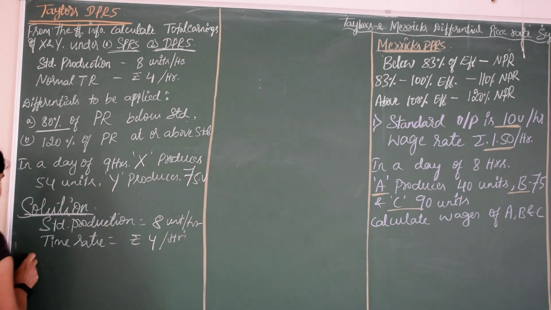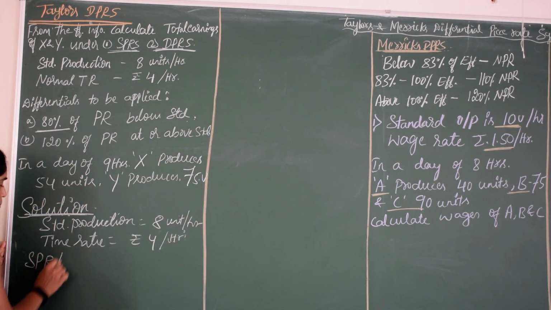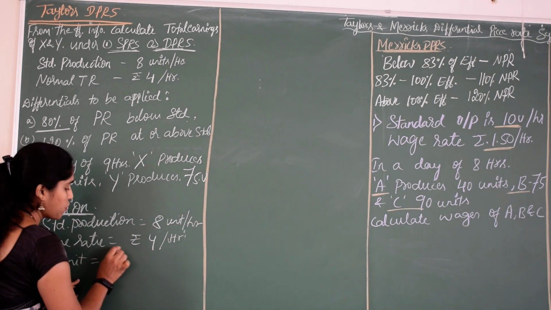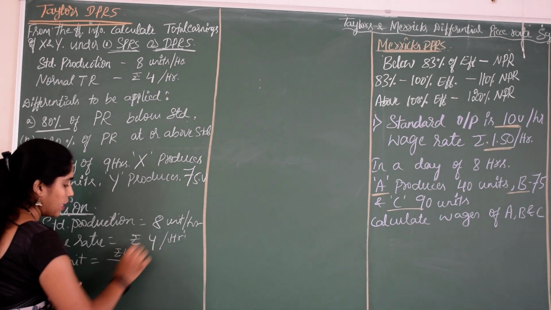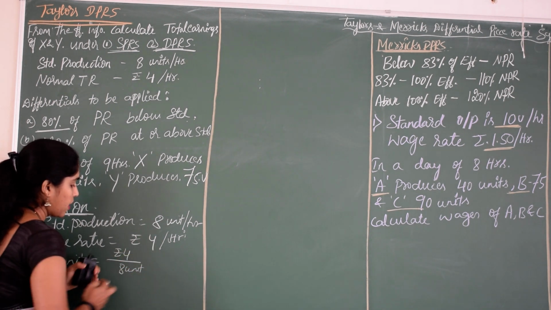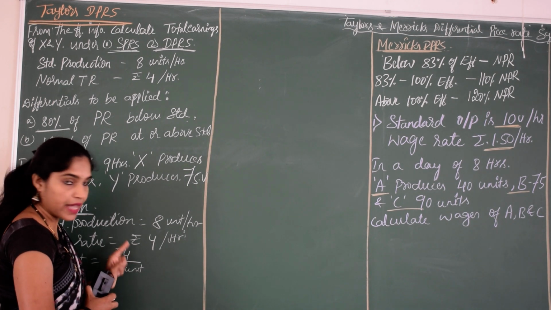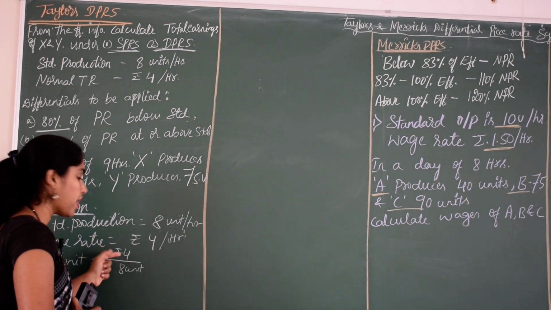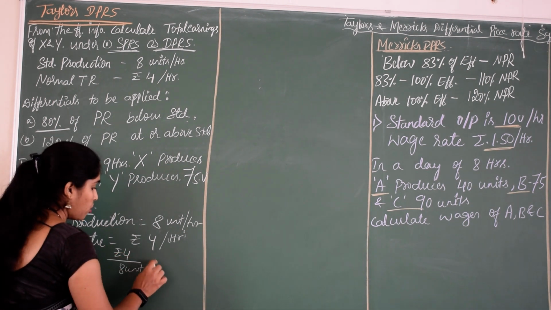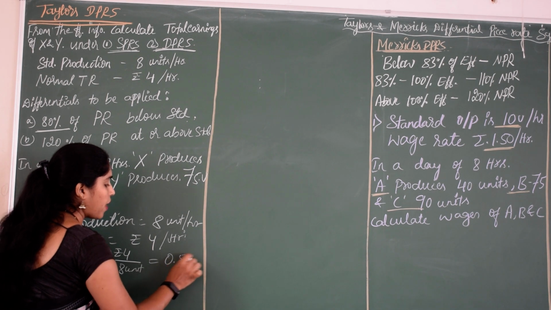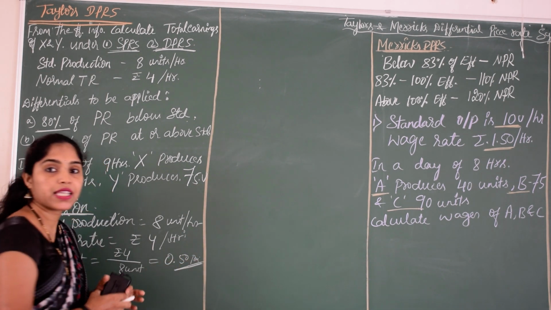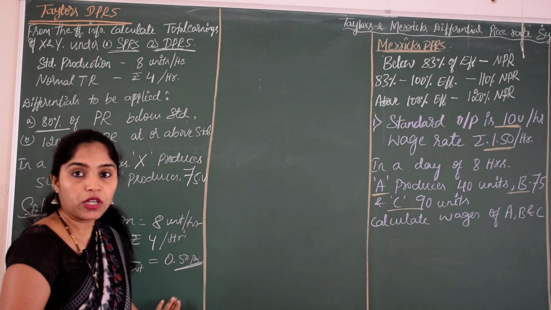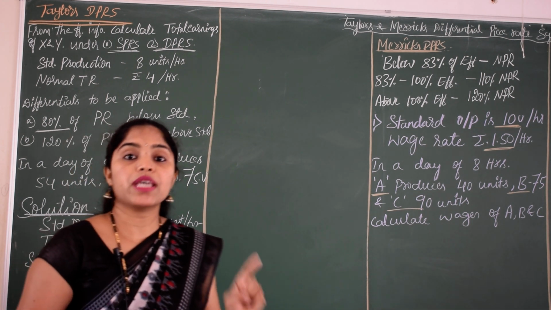So therefore straight piece rate per unit will be rupees 4 per hour divided by 8 units. See, per hour they are going to give 4 rupees as wages, and in 1 hour employees are manufacturing 8 units. So if you divide this 4 rupees by 8 units, you are going to get 50 paise, 0.50 rupees. So this 50 paise is the straight piece rate per unit. So employees are going to get 50 paise per unit.